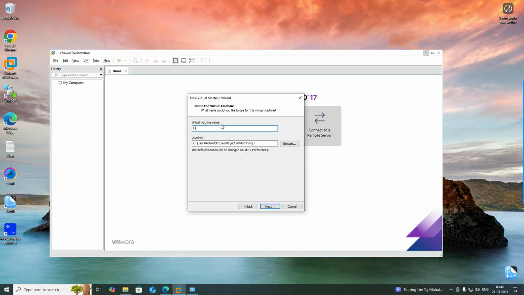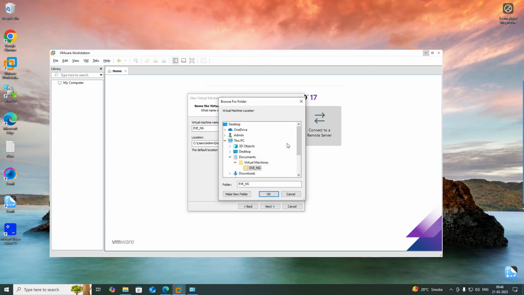We'll provide the virtual machine name. Click next. Browse path kept as it is, don't change. Click next. The path user admin document already exists. Okay, so we need to delete it first. Browse